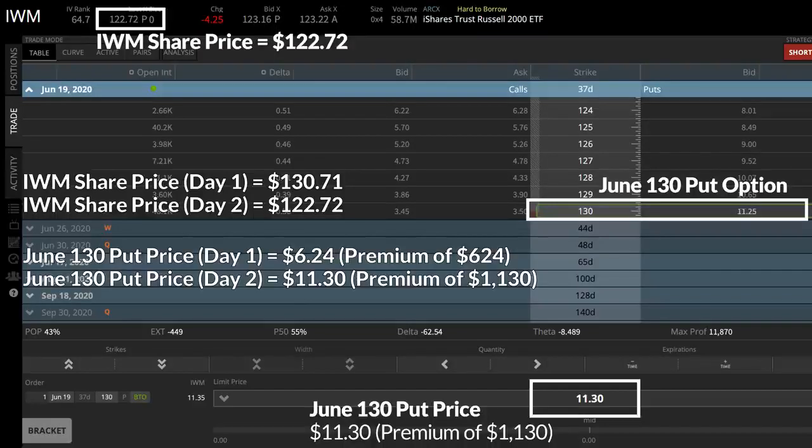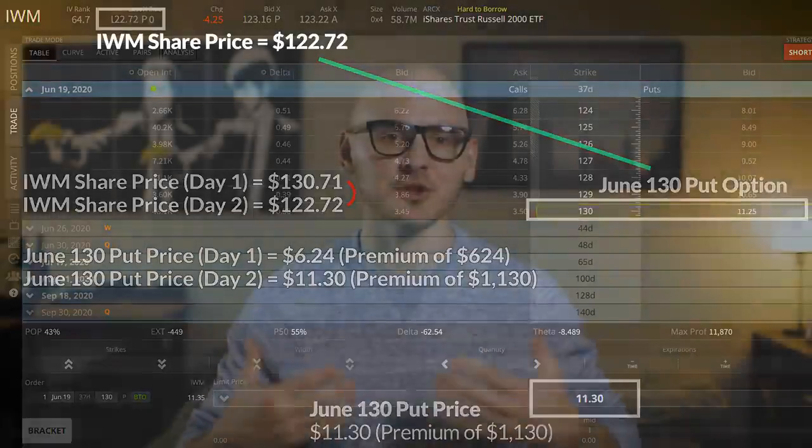And because put options have the ability to sell 100 shares of stock at the put's strike price, and since the put strike price was 130, since we saw IWM go from 130.71 all the way to 122.72, the put option is now in the money, so to speak, meaning that the stock price is significantly below the put option strike price of $130. And now that this option can actually provide a benefit to the buyer of that option,